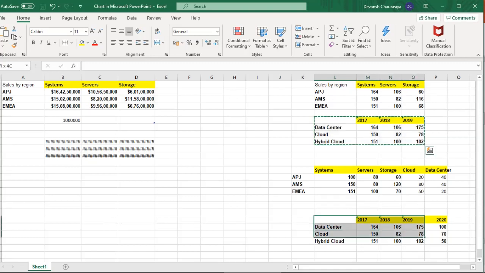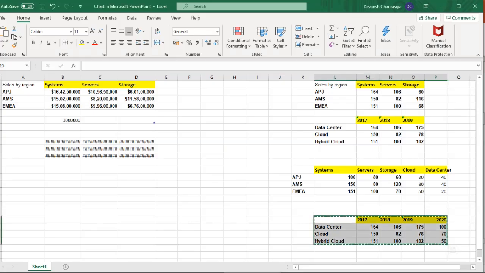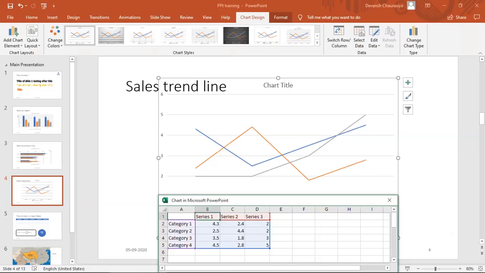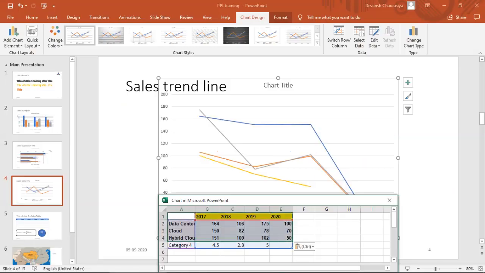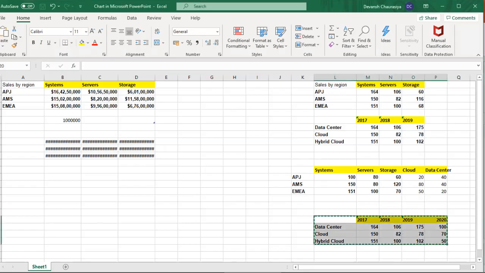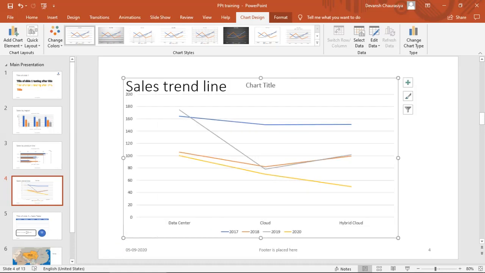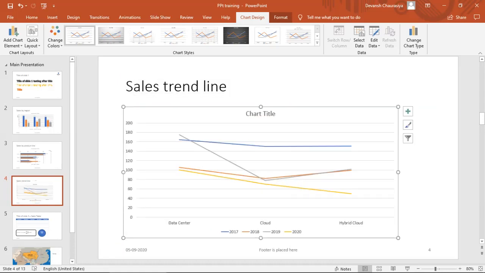Let me use data for 4 years, 3 lines. 4 and 3. Let me paste it. I don't need that data. Delete and I cross it. I do some adjustment down here.